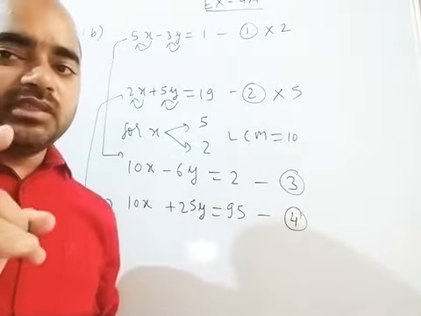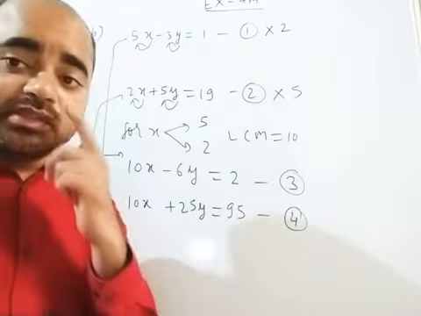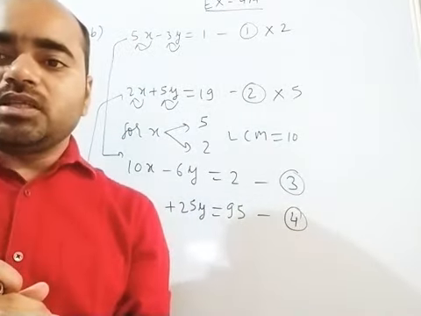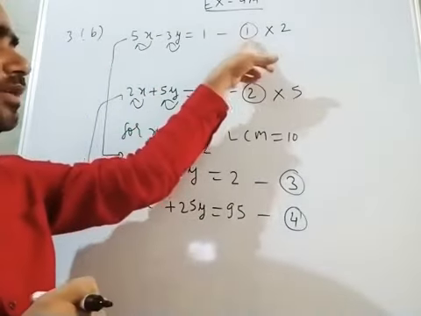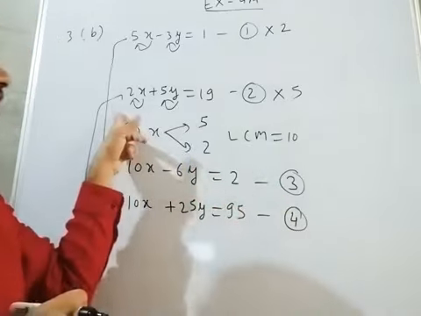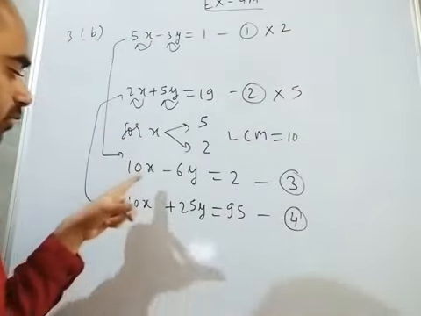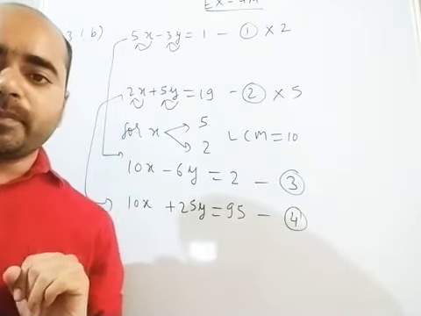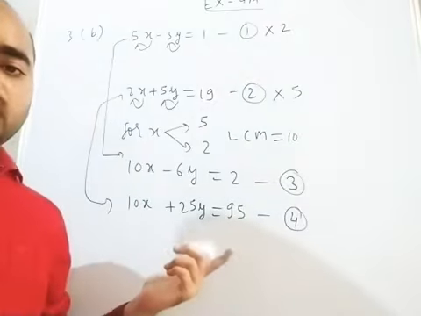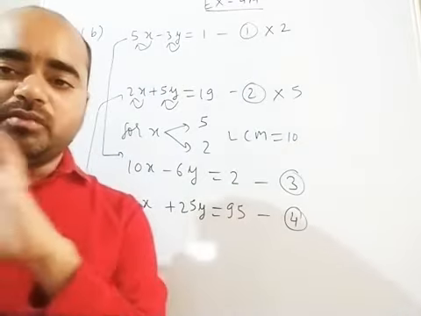We have to first decide any one variable, then make the coefficients of that variable in both the equations same. We have taken x, the coefficients were 5 and 2. We have to equate 5 and 2, that is LCM 10. It means the first equation will be multiplied by 2, 5 into 2, 10. The second equation will be multiplied by 5. Why? 2 into 5, 10. Now you can see in both the new equations the coefficients of x are same. Clear? Now we have to remove. Eliminate means remove. Now we have to remove the variable x. How to remove? If you subtract both the equations, then 10x minus 10x, x will be removed.